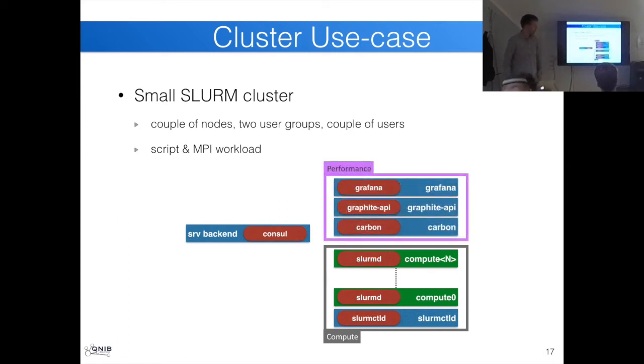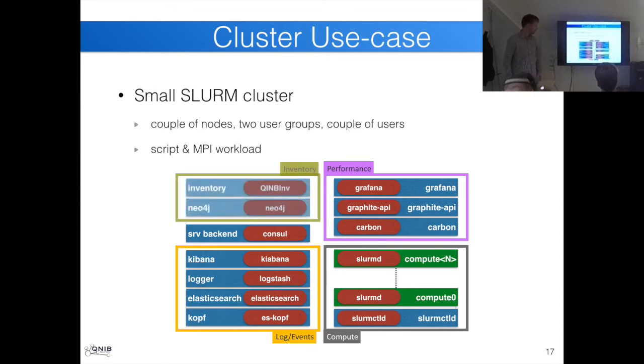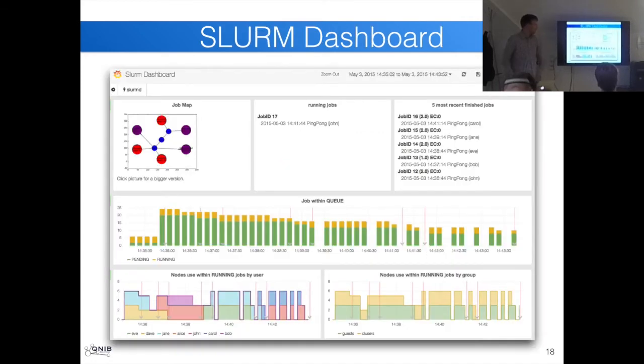And I have a performance part where I have Graphite, Grafana, and Carbon. And I have also the log events part where I have all the Logstash and Kibana Elasticsearch containers and the inventory stack. So this is basically what's running on my laptop now, or was running on my laptop. And I created dashboards out